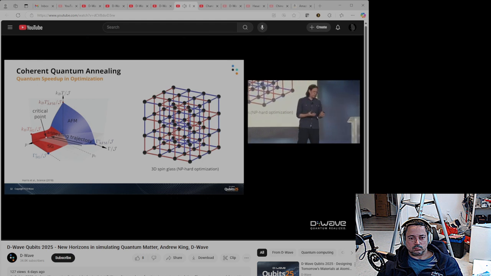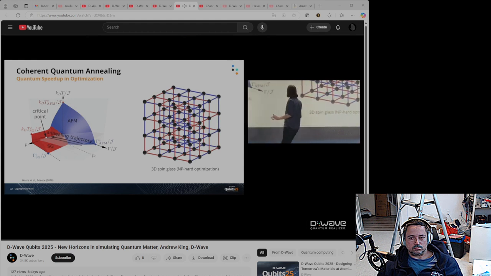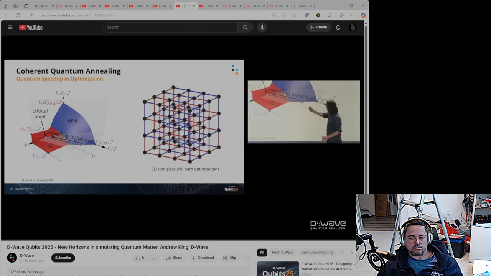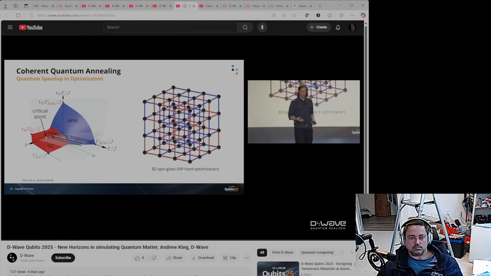But we don't really want to study that. You can see the annealing trajectory in this picture, and you can see that it's actually finite temperature. This is the temperature axis, and it's finite temperature. Why? Because we're not coherent through the computation. So we're coupled to the thermal environment, and it's cold, yes, around 12, 15 millikelvin, maybe a bit lower, maybe a bit higher. But it's there. And we don't want it to be there.